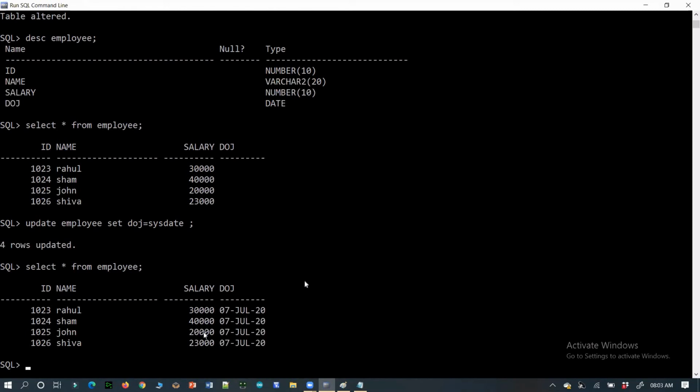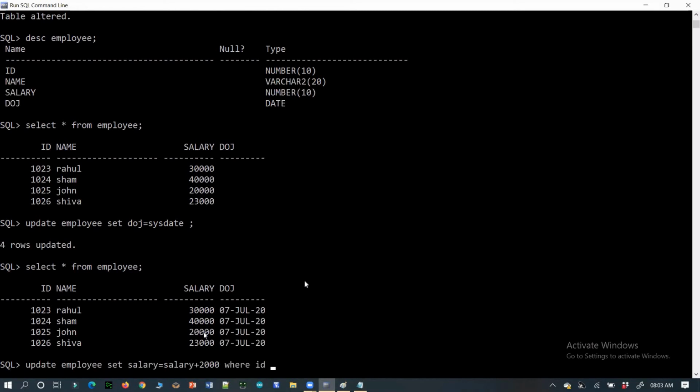Update employee set salary equal to salary plus 2000 where ID in